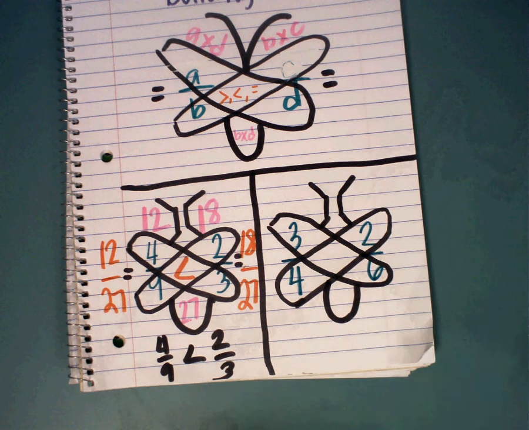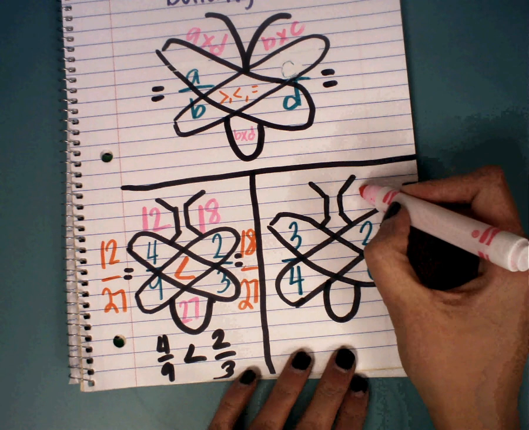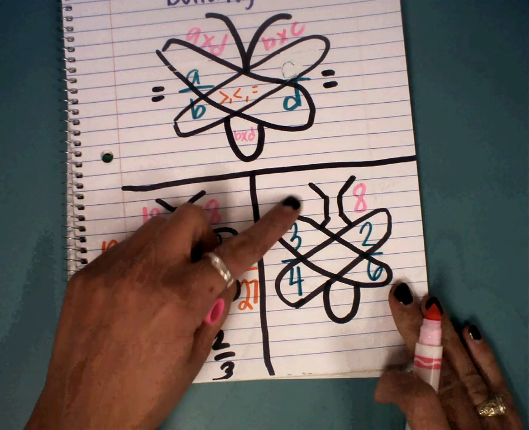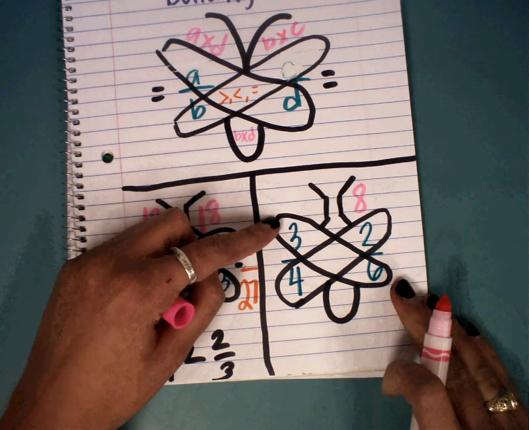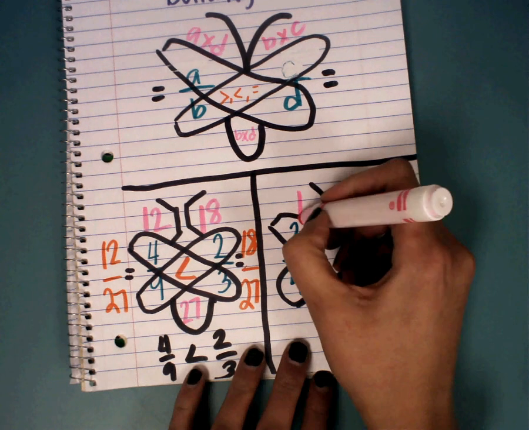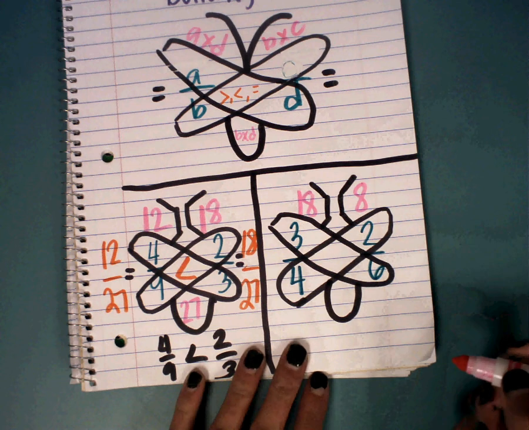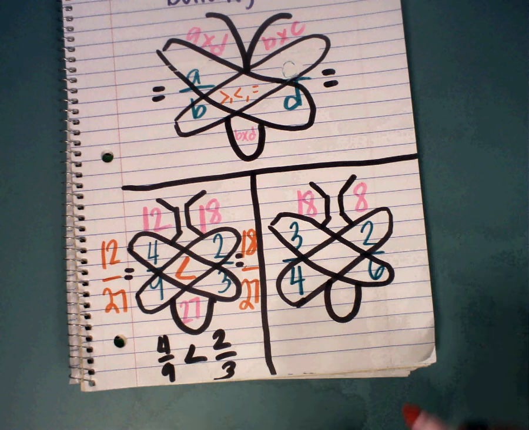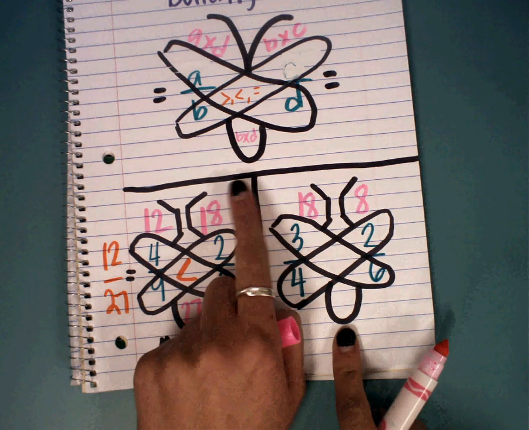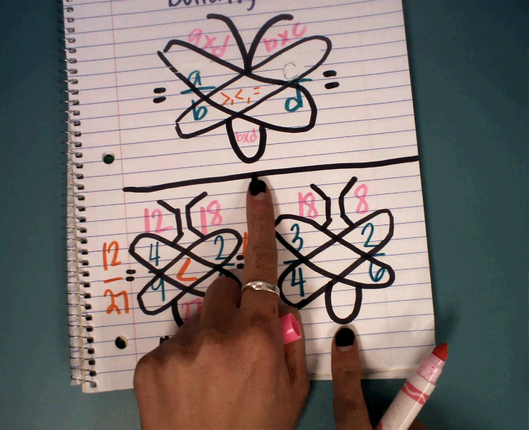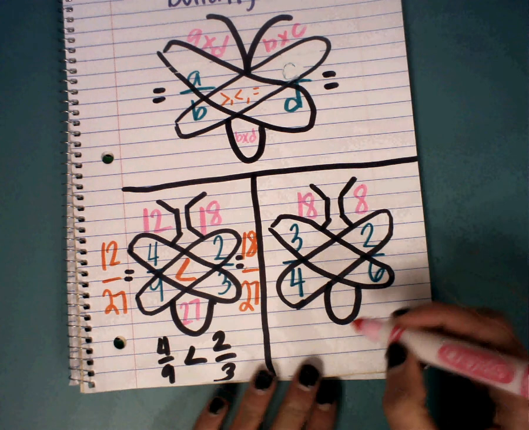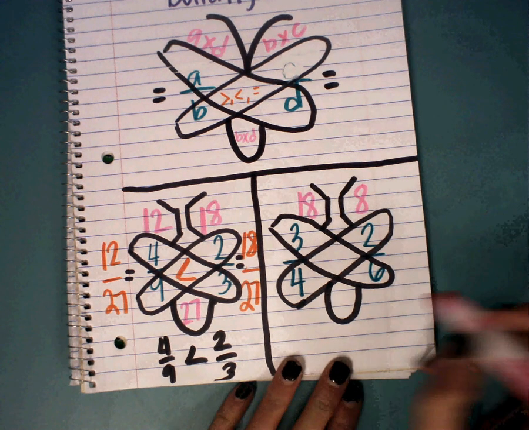Okay, so how am I going to figure out what comes up here below this antenna? I need to multiply the denominator here over here times the numerator over there. So what's 4 times 2? 8. And to get what goes under this antenna right here, I need to multiply 3 times 6, which is 18. Okay. So how do I get this number down here? Well, let's look at my template. If you ever get stuck, look at your template. Right here at the bottom of the body, it says I'm multiplying the two denominators, b times d. So 4 times 6 is